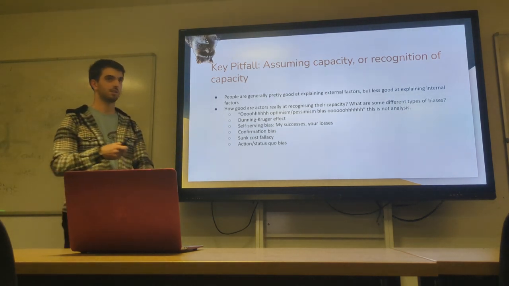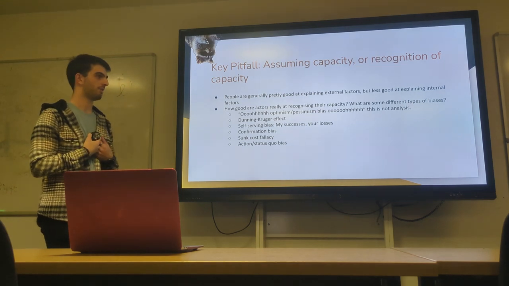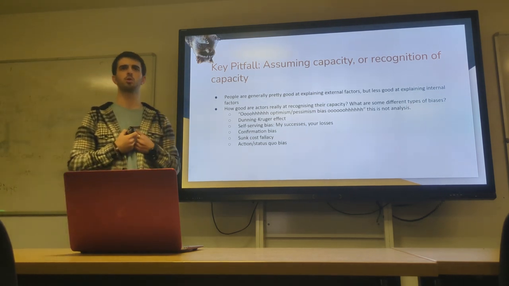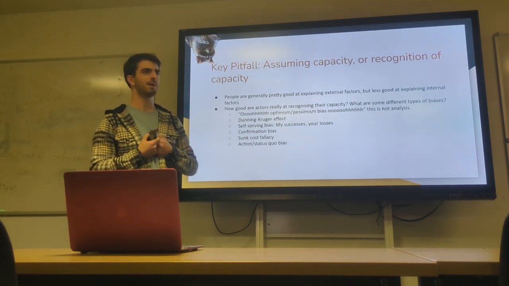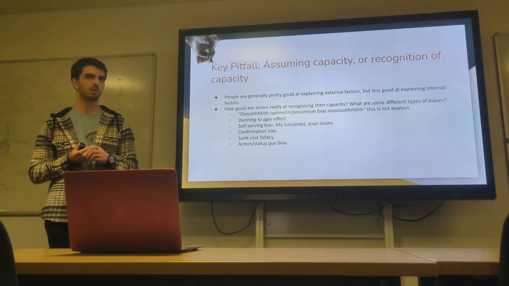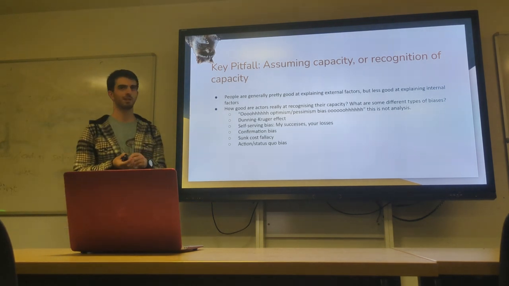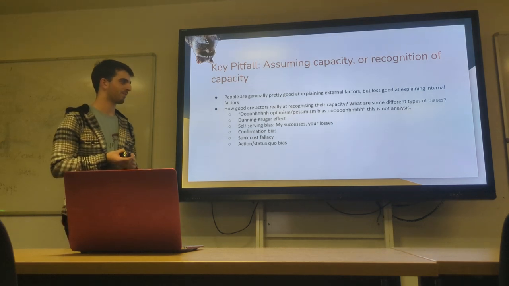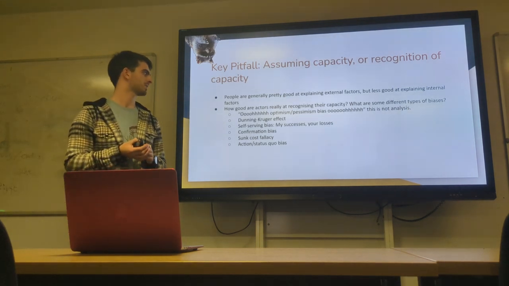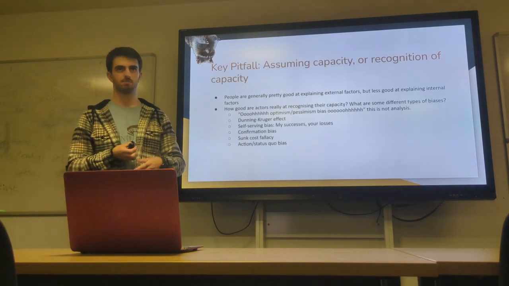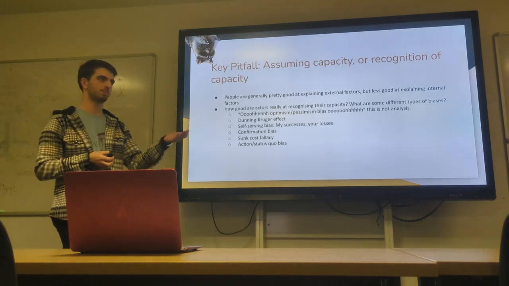Self-serving bias. If something good happens to me, it's because of all the good things that I've done, and I deserve that success, and I made it happen. Whereas if something bad happens to me, then it's not my fault. If I'm first in that debate, it's because I'm super awesome and good at debating, and if I'm fourth, it's because the judge is absolute dog shit. Confirmation bias. You believe that a thing will happen, you look for evidence to back up the thing that you believed.